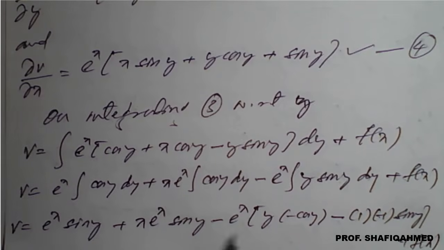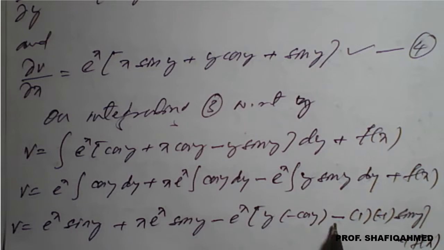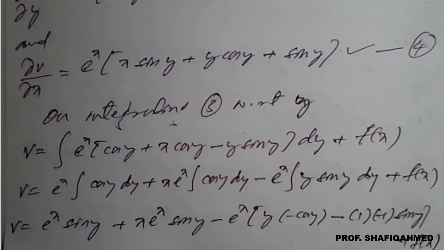So on simplification of this step, just see that e raised to x sin y plus x e raised to x into sin y. So minus, so this minus and this minus will become plus. So we'll get e raised to x y cos y. So minus minus plus, plus into minus is minus. So e raised to x into sin y plus f of x we will get here. So therefore v will be,